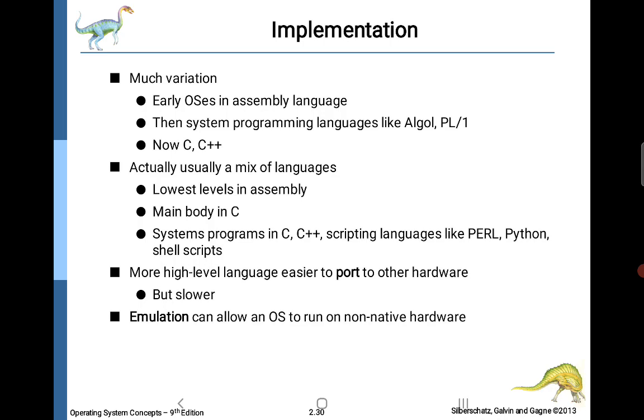Operating systems are usually coded in high-level languages, mostly C, C++, and sometimes Java, and Perl and Python. Implementing an operating system, or any software, if it's well designed, is not a big deal. It's absolutely a no-brainer.